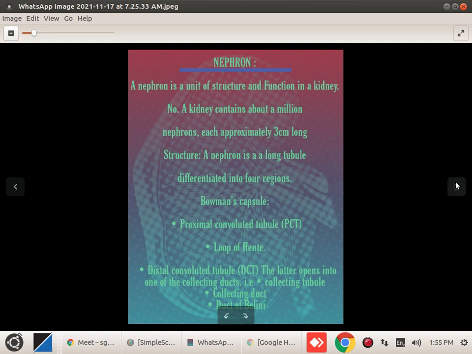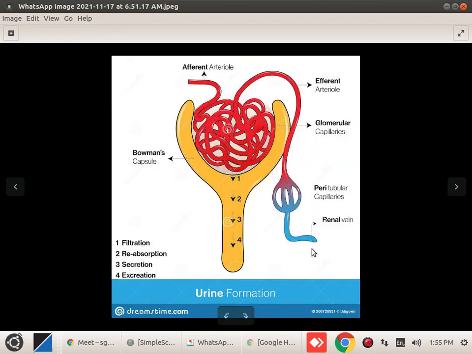I think by now you must have remembered everything. Let's look at this very nice diagram we have. The afferent arteriole is coming in, then the efferent is coming out, then the peritubular capillaries. I will talk about the peritubular capillaries at the end, because people get confused. Then the Bowman's capsule, this cup-like structure. Then this 1, 2, 3, 4. What is this? This is the formation of nephric filtrate actually taking place from the glomerulus.